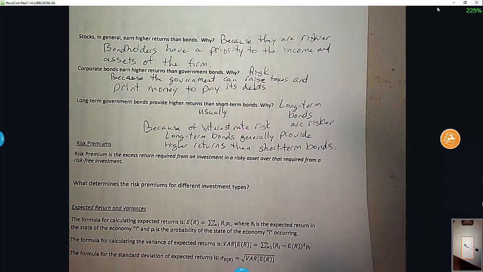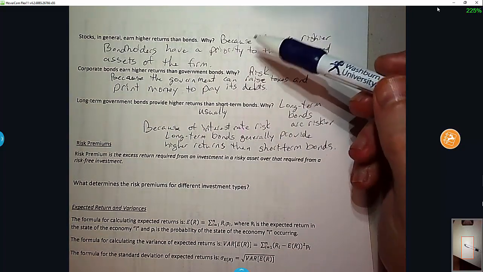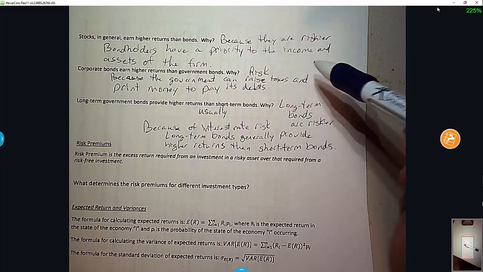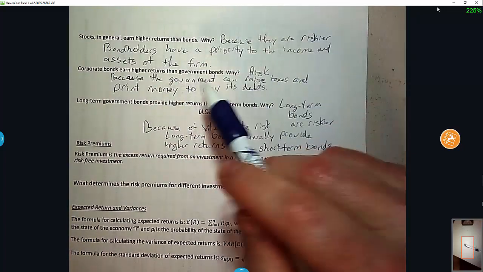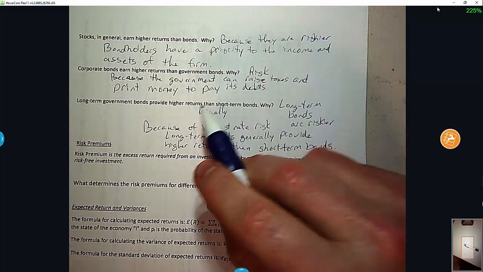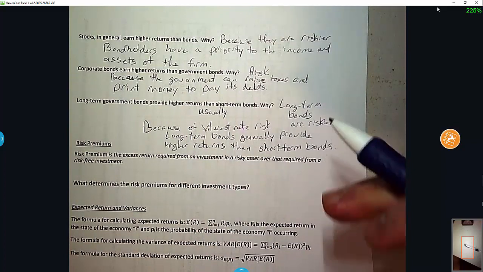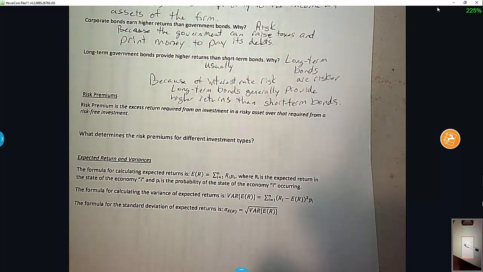So the stock market might take a hit this year, might go down. And in that case, the returns on stocks might be lower for a short period than bonds. But in the long term, bonds provide a higher return because they have a greater level of risk. People want to be compensated for taking on risk, and so those securities in the long run have to provide